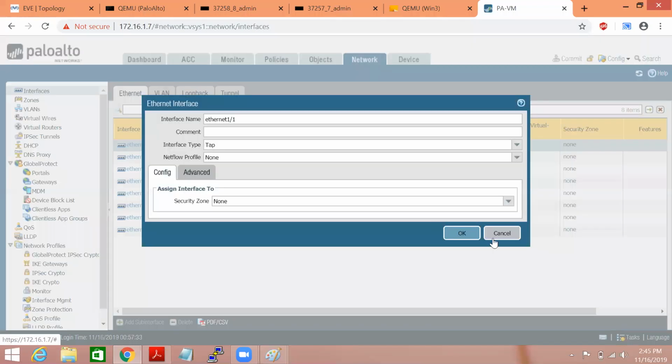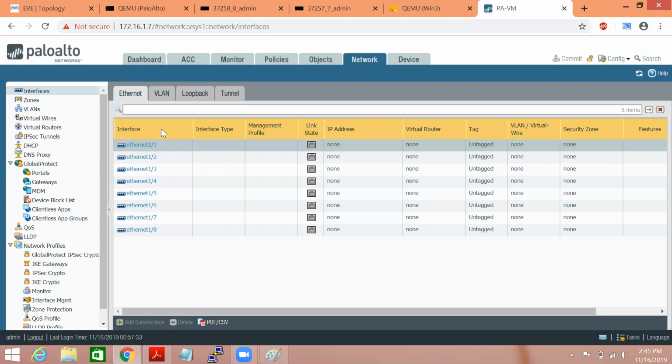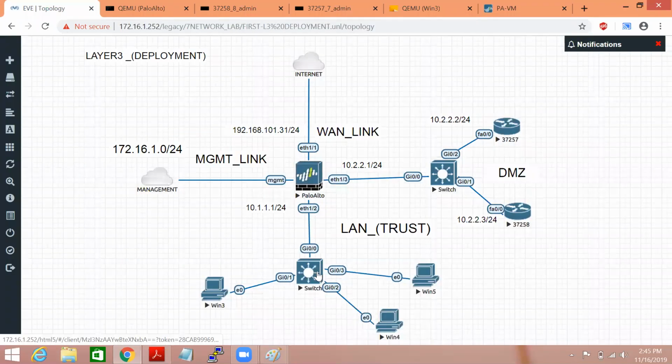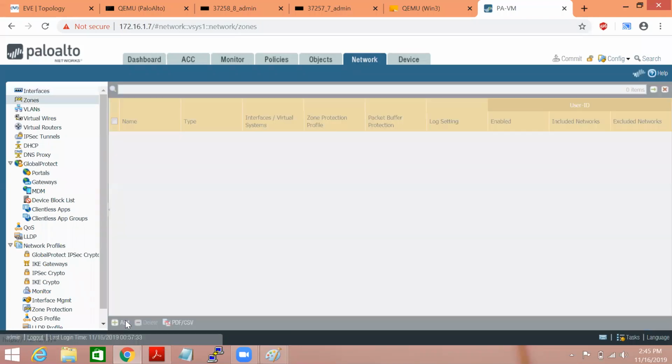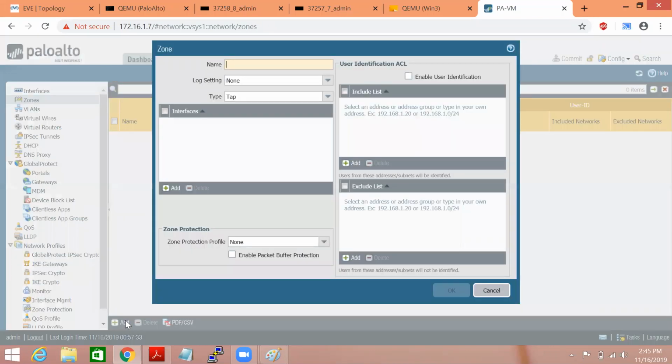Before starting any configuration, we'll have to configure zones also. In this topology, we'll have to configure 3 zones: DMZ, untrust, and trust. In order to configure zones, you just have to click on zones and select add. I'm giving the name L3 trust.